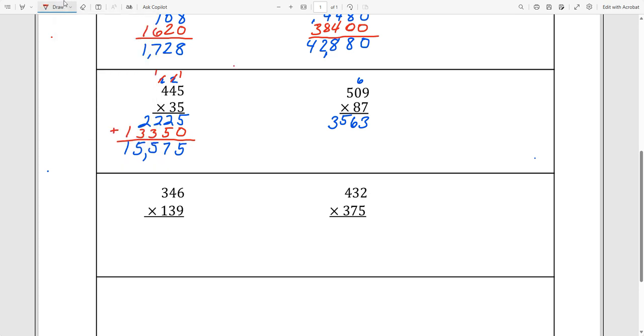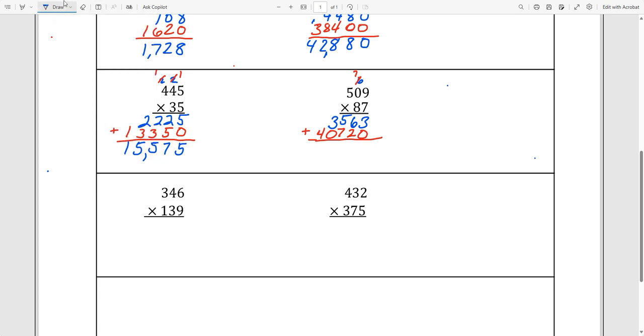And we'll put our 0 here for our place value. And 8 times 9, let's mark this out. 8 times 9 is 72. So we'll put our 2 here. And we'll bring our 7 up here. And 8 times 0 is 0. Plus 7 is 7. And then 8 times 5 is 40. Okay, got those squeezed in, and we'll add those